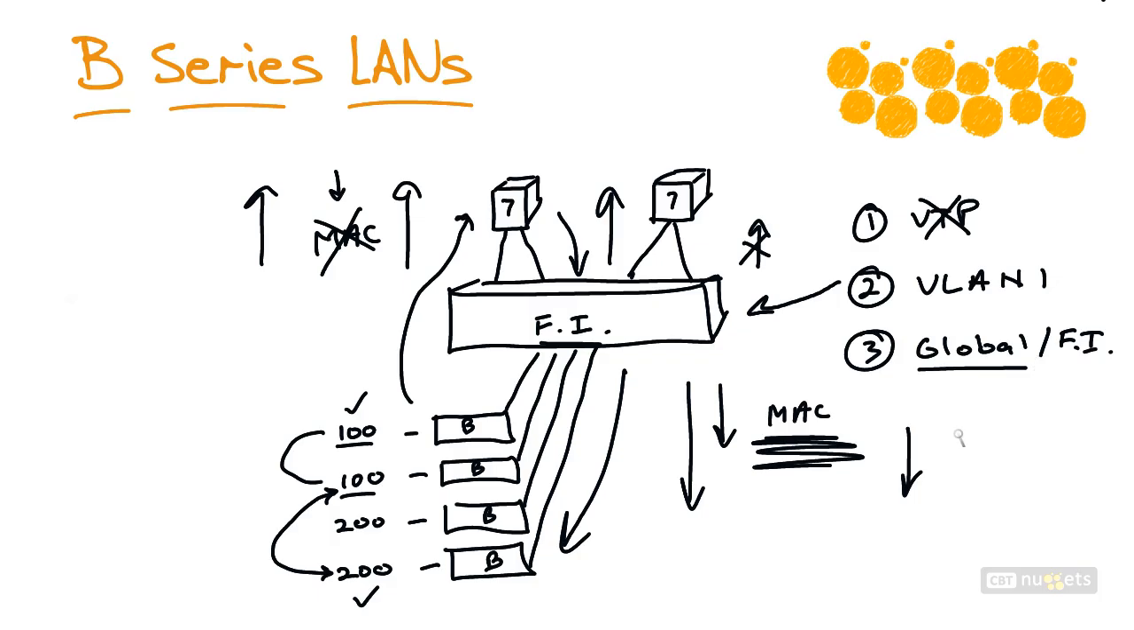VLANs can be from 1 to 3967. On most devices, we have reserved VLANs kicking in at 3968. And then we can typically go from 4049 to 4093. Now, I mention this with extreme caution